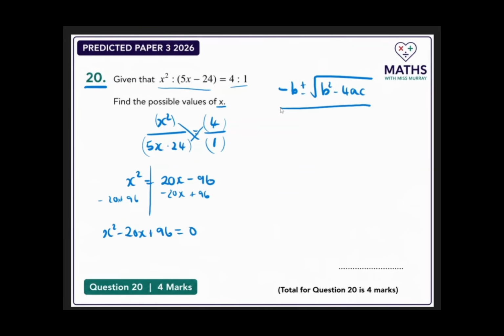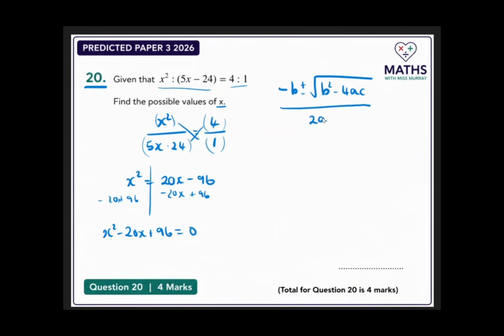Negative b plus or minus the square root of b squared minus 4ac all over 2a. If you've got large numbers, it may not factorise anyway, but you'd be there a while probably trying to find the factors of 96 that add to give you negative 20. And in this instance, when you get to the answer, you'll see it's a decimal, so it wouldn't have factorised anyway. But with large numbers, even if you can factorise, I would recommend using the quadratic formula on a calculator